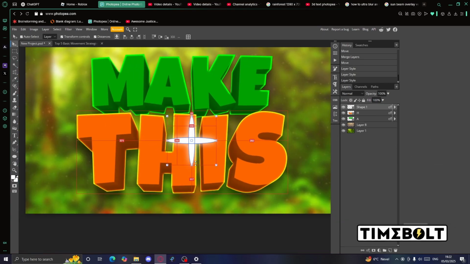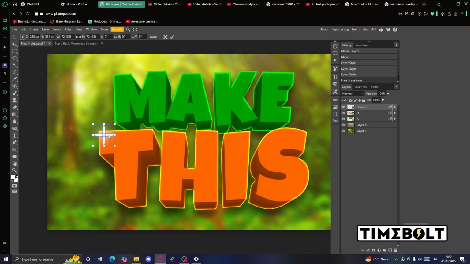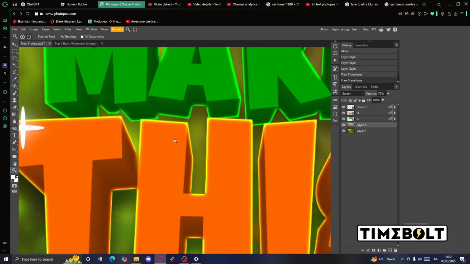So now once you have the shape and you've changed the glow to however much you'd like it to glow, just shrink. Make sure to press this button again to link the width and height again. Then just make the whole thing smaller and move it over to the text. So I like to make it fairly small, because it's just supposed to be like a little mini shine, just to give it a bit of extra detail.